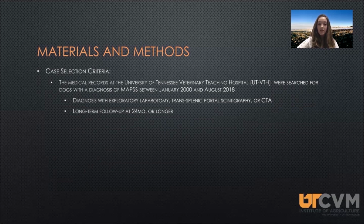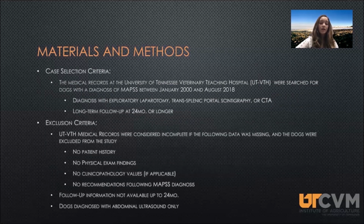We included cases that were diagnosed with multiple acquired portosystemic shunts, either based on exploratory laparotomy, transsplenic portal scintigraphy, or CTA. And we also included studies that had information for long-term follow-up within a 24-month period following diagnosis or longer, if applicable. Exclusion criteria: if any of the records were incomplete or didn't have patient history listed, physical exam findings reported,